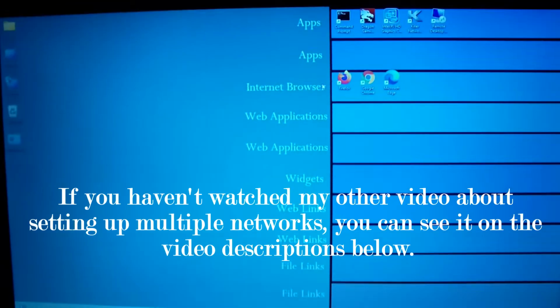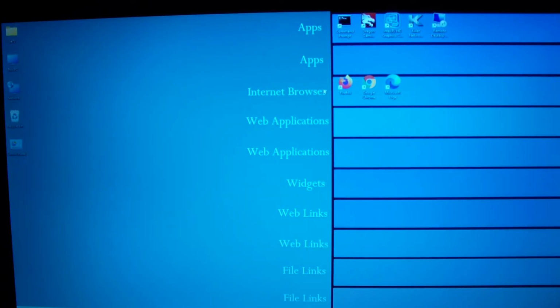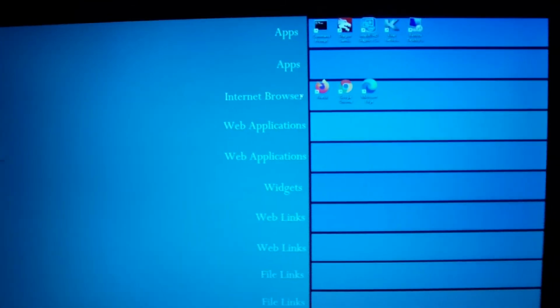Okay, so in this video I'm going to show you that I have two networks where I live. I basically have a network for me, my internal network, and a guest network. So right now I'm connected to my guest network,